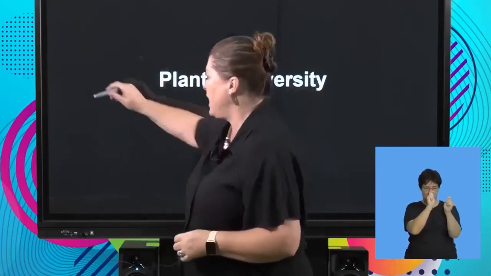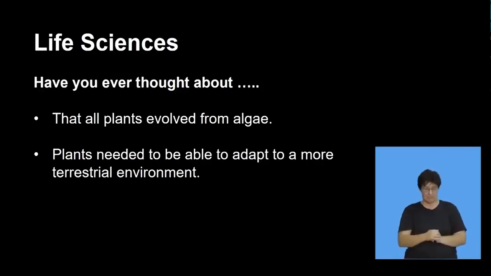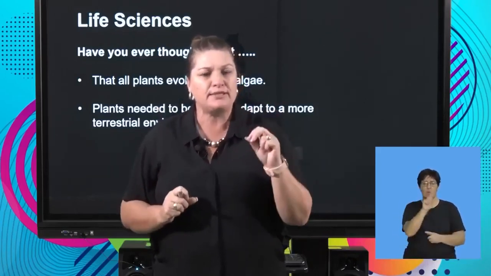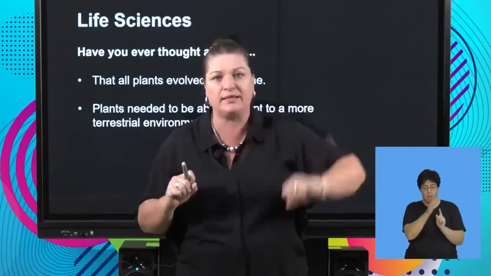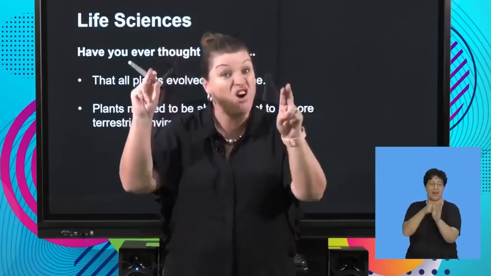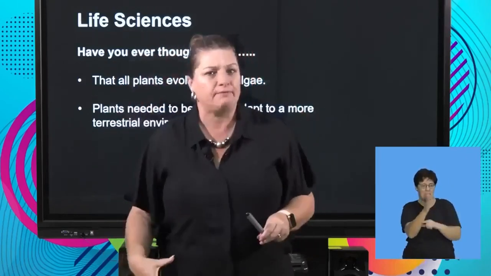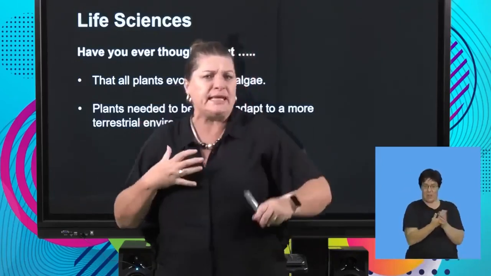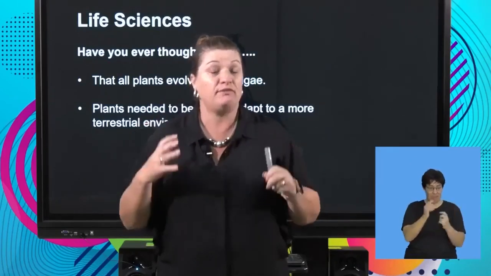Okay, so let's have a look at a few of our key concepts. You might have done the section on microorganisms where we looked at the kingdom called protists. And protists had two little branches to them. One branch went to the animal kingdom and the other branch went to plant-like. I use the word plant-like because they weren't plants. We called them algae. They could photosynthesize, but they didn't have the roots, stems, leaves, the kind of tissues and certain characteristics